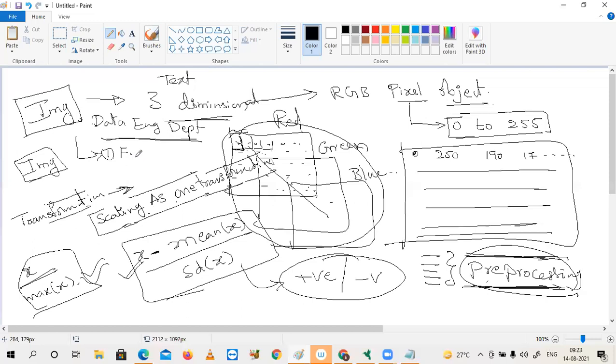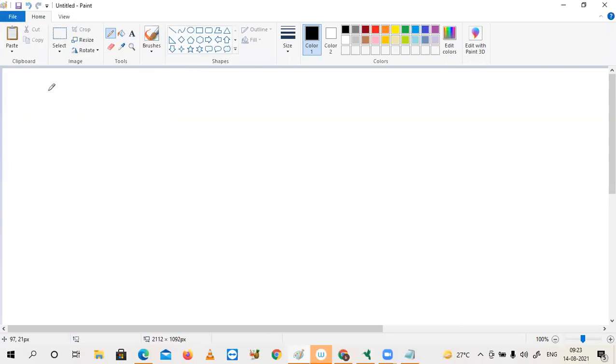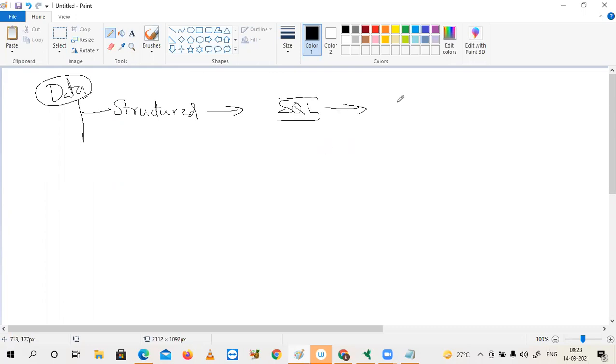All these things come under, have you heard about this word, all of you? Feature engineering. Yes, feature engineering. So I already told you in the beginning session, you are a data engineer, which means your data will be of many varieties. It can be structured. Our previous examples were based on structured data. The techniques differ. You can go with SQL-based techniques, in Azure data engineering especially in Databricks or U-SQL. If it is Databricks, you use Spark SQL. Spark SQL is a 100% solution if data is structured.